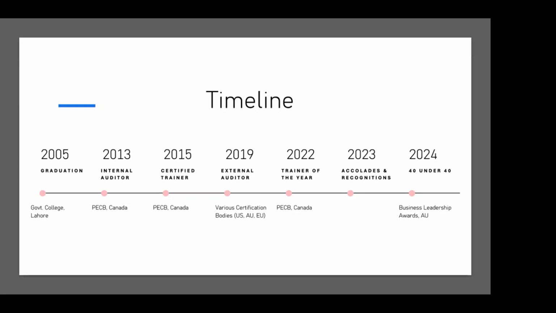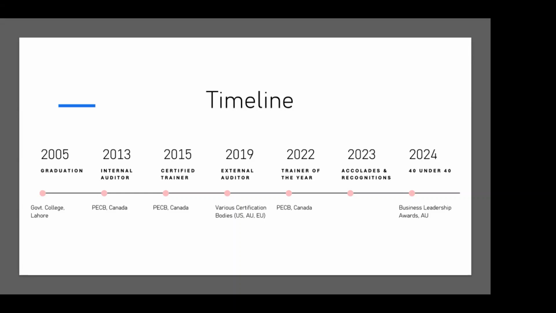I've been in the industry for 19 years now. Since I graduated in 2005, I've been in the industry primarily in information security and cybersecurity, governance, risk management and compliance, quality engineering, etc. I started doing audits back in 2013 on different frameworks and standards like ISO 27001, and so on and so forth. I started doing training back in 2015, so it's been 9 to 10 years that I've been in the training space as well.